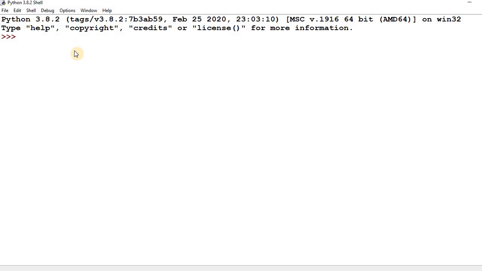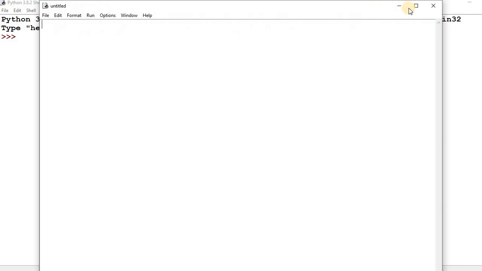So first open Python and then create a new file. In this, the first line for creation of a pie plot, you have to import matplotlib.pyplot as plt. So this line we have to add in every program when we are going to plot. So in this video we will learn about the pie plot.